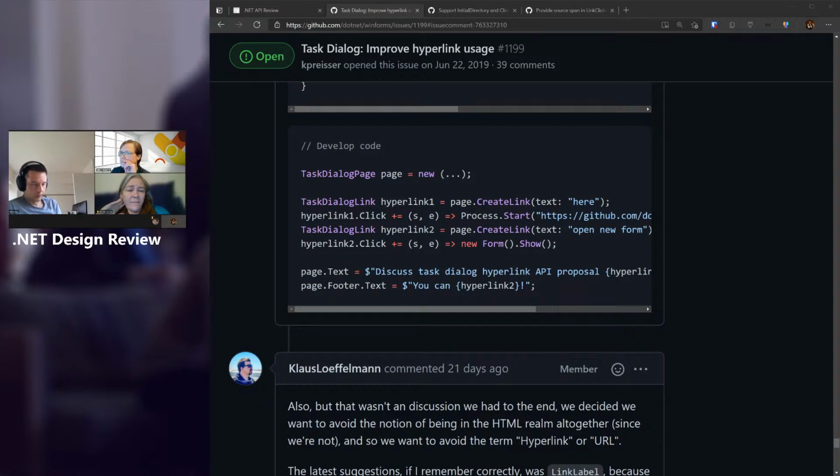Now we need to add these hyperlinks to the page, but we didn't want to create a hyperlink and add it to a collection on a page, because once you add a hyperlink, going and removing it makes no sense. The page is short-lived. So exposing a new link or hyperlink collection on the page felt excessive from the user's point of view. It's just extra APIs which carry little value.